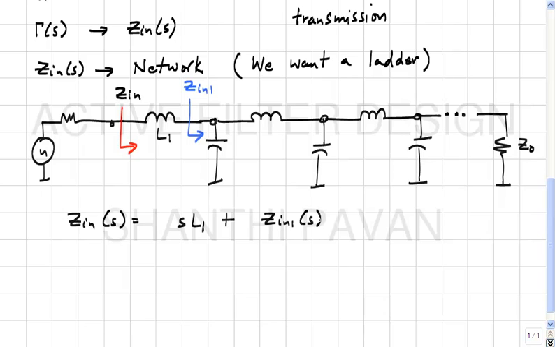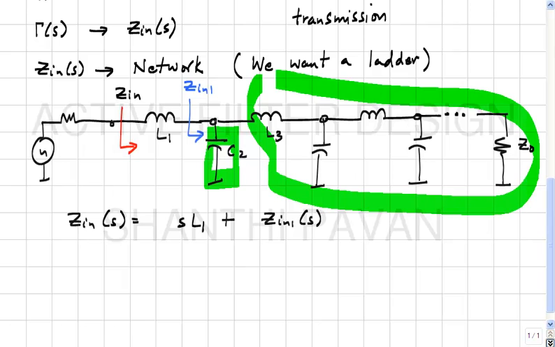But Zn1 of s is nothing but, as you can see, the shunt combination of C2 and the rest of this beast, correct. So this therefore can be written as SL1 plus 1 by Yn1 of s,